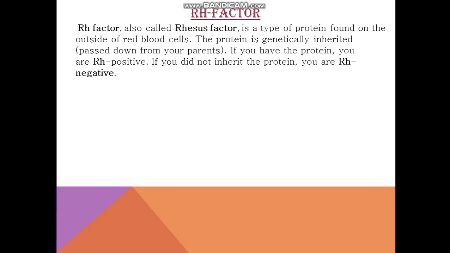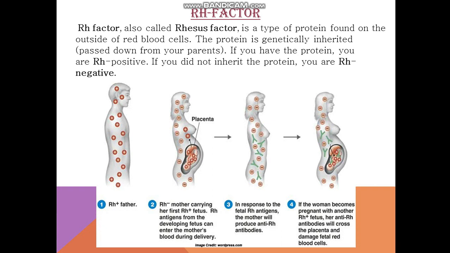Okay, so complications arise when a male parent who is Rh positive and a female parent who is Rh negative are married, and there is a problem with the progeny they produce. We shall be discussing that problem. There is a condition that arises which we call erythroblastosis fetalis. What happens here? Just see.